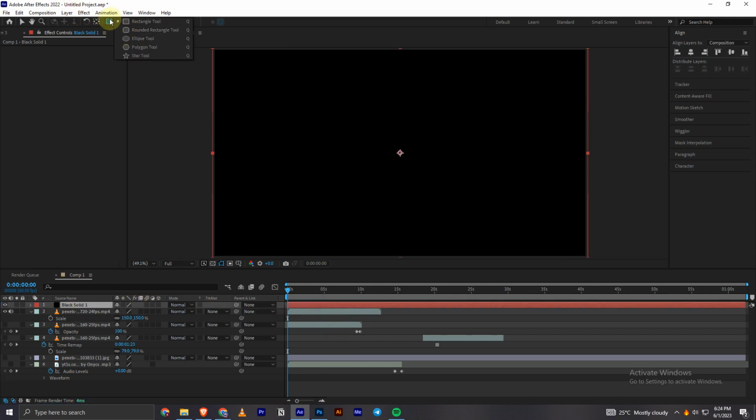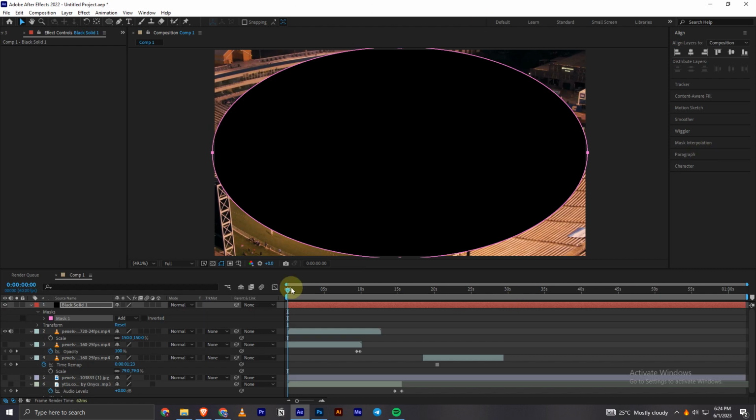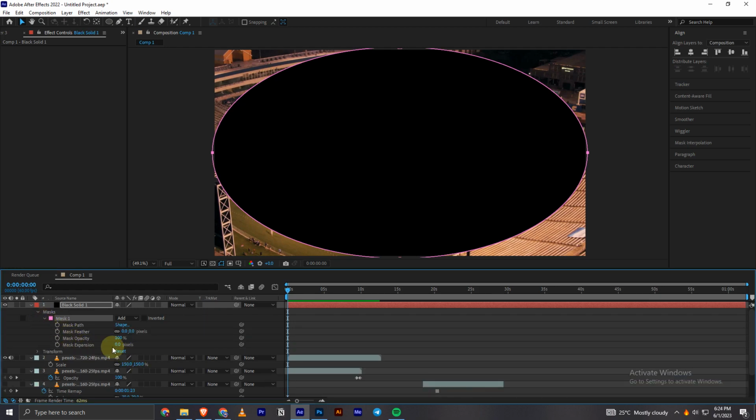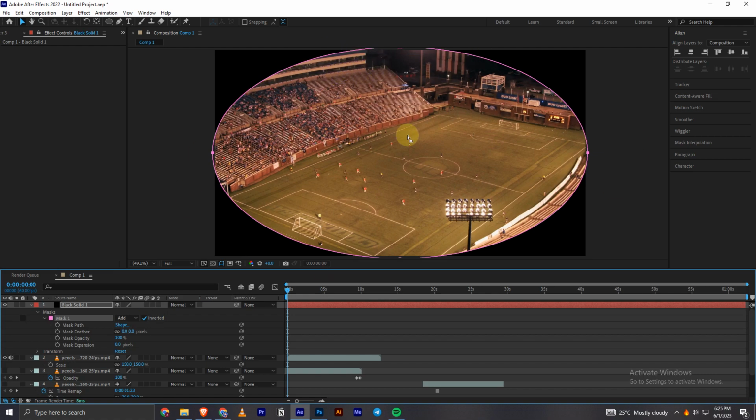then press and hold on that thing, and you have this ellipse tool. You can click on it, and then you have to double click on it. As you can see, it will create a rough bubble like this, and then you can expand the properties of this mask one. What you can do is tick this inverted option, and now you can see the video is showing inside the